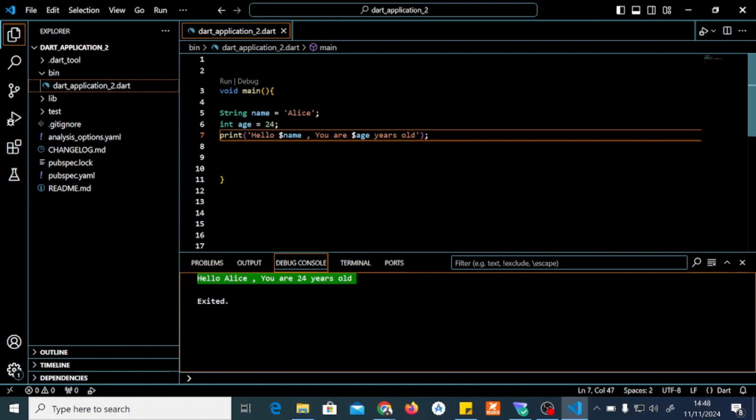So when we say, okay, we put a $ sign on the name because we wanted to call the name Alice, and also we put the $ sign on the age because we wanted to call the years, so that we print those years. You also can practice, change the values, you can put your name or the age, and really practice